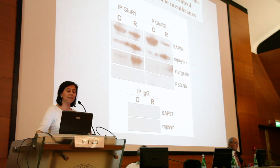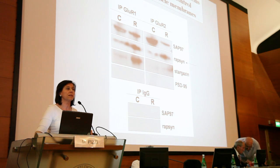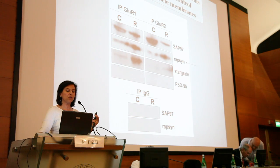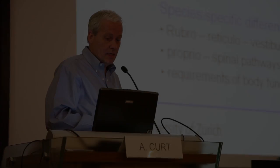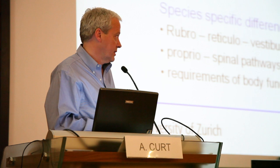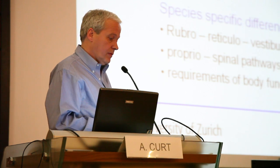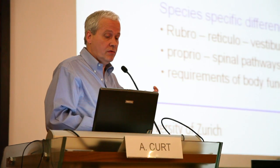The analysis showed that indeed in the reinnervated cells you have a loss of SAP97 signals. That means that the protein detaches from the receptors because the receptor is matured and is maintained at the level of the cell membrane, while the receptors, both GLUR1 and GLUR2, react with racing. The same is true, as you know, for the proper spinal system, which you can heavily train, for example, in cats, which however works differently in other species, and we have only very limited CPG-like activity so far seen in humans, and it is rather difficult to amplify this activity to a clinical